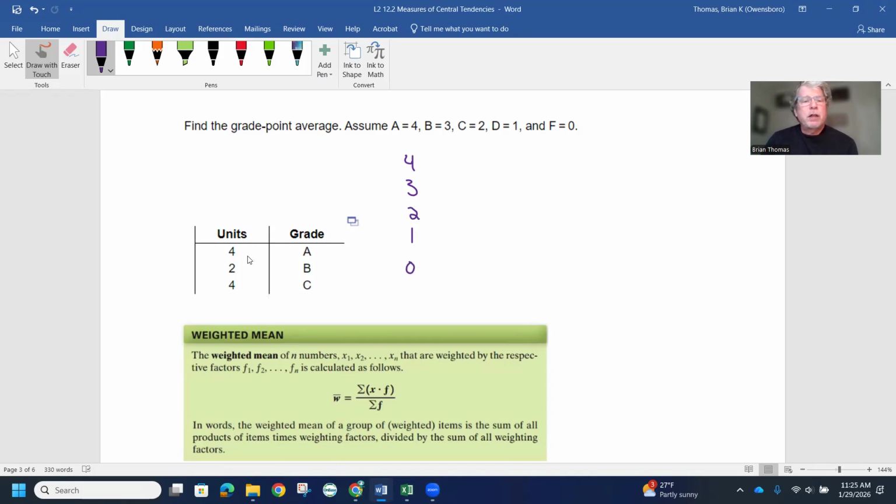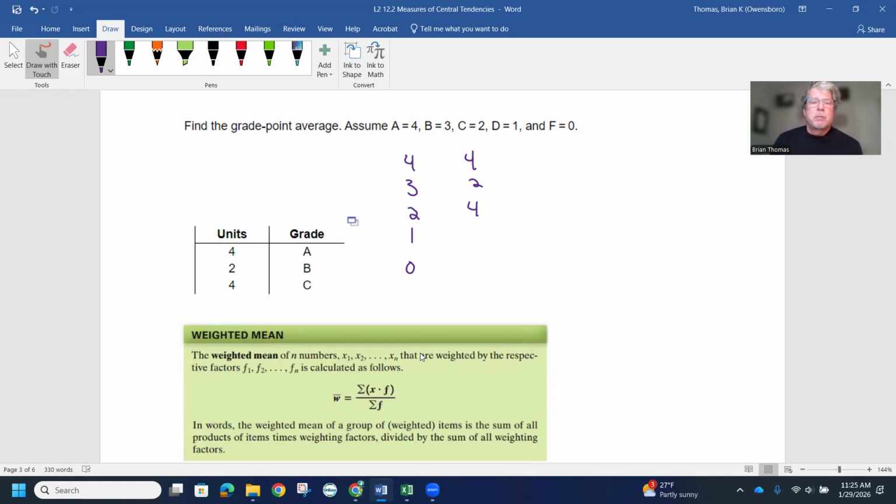Now this person had an A that was weighted as a 4. The B was weighted as a 2, and the C was weighted as a 4. So they have 4 units of A, 2 units of B, and 4 units of C. So just by looking at it, it looks like the A's and C's are kind of canceling each other out. It looks like this is just going to be a 2.0 average just because of how the weights play